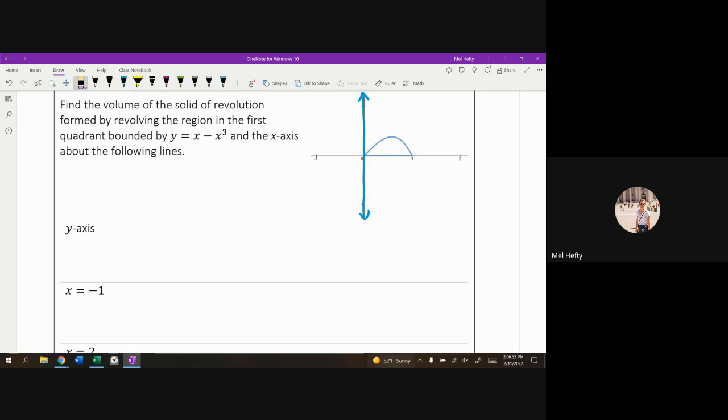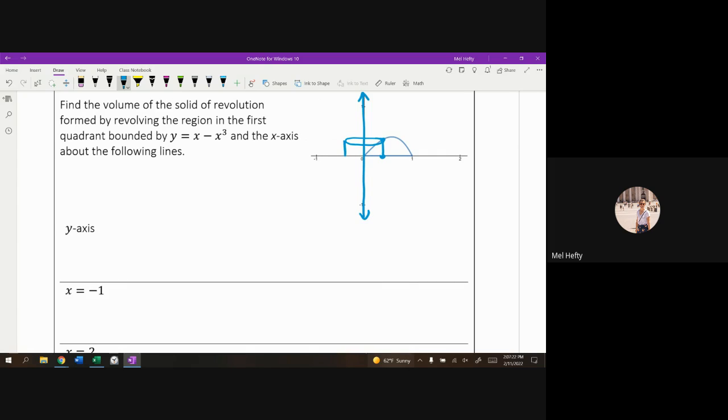So we're going to want to work with this equation in terms of x in our integral, which means we need an up and down line. We need to be working in terms of x, where our function looks like y equals stuff with x's in it. So in this case, we are forced to use shell method for any vertical line. So for our first one,